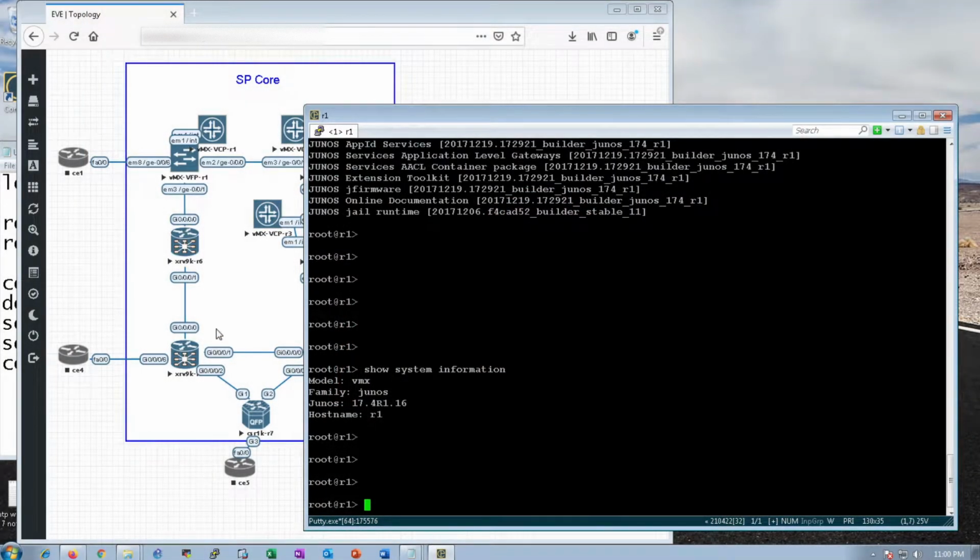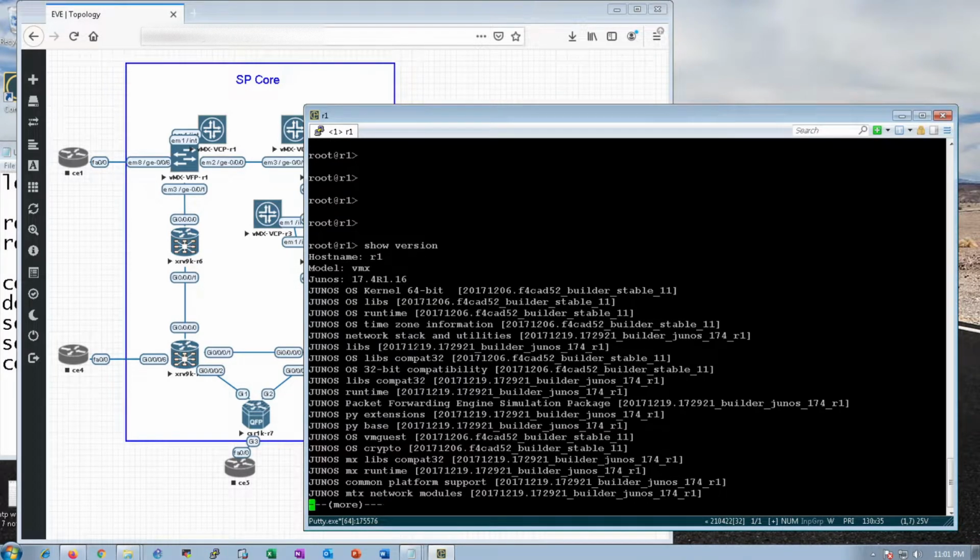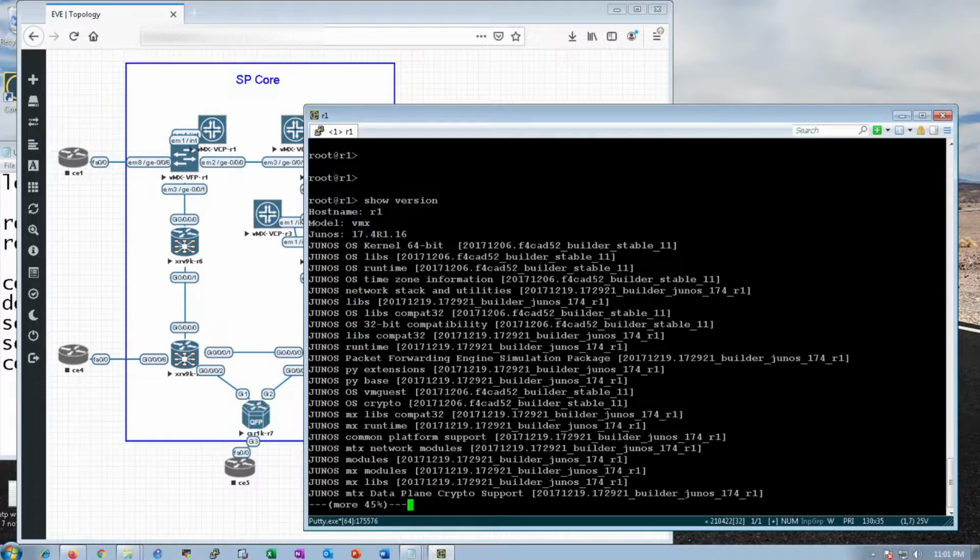All right, so let's look over here in the lab. I have a more extensive lab from another study track I'm doing in another one of my playlists, but I'm just going to use one of my EVNG Juniper routers as an example. You can type show version on a Juniper router and you get an extensive version output. So it tells you the host name, it tells you the model of the router, and in this case it's a virtual MX software emulated Juniper router, and it's running Juniper's Junos